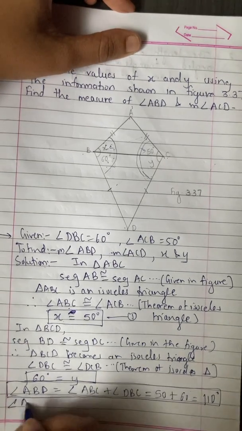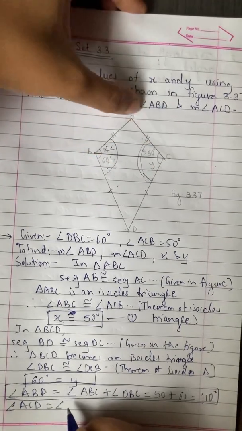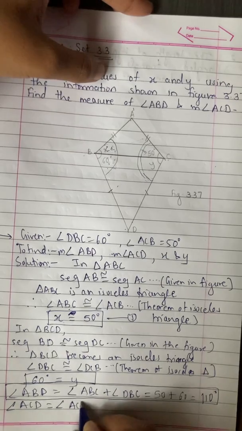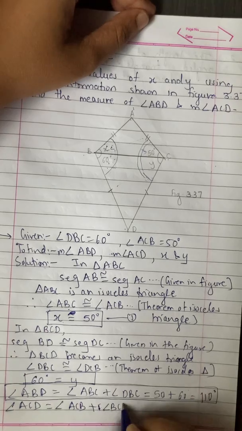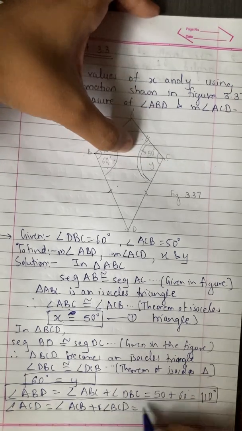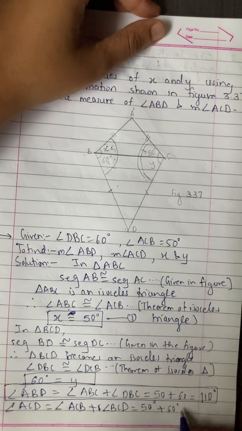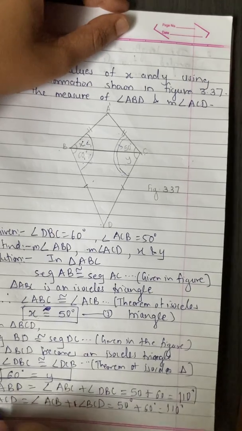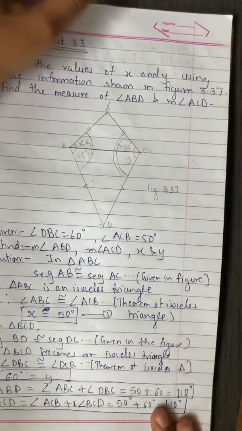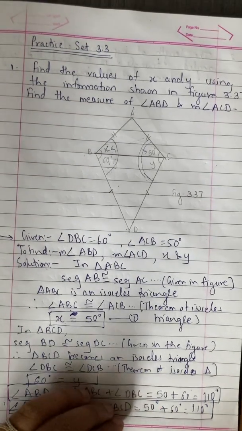Now find out ACD. Now ACD is a combination of these two angles. So write down ACB plus BCD. Now what is ACB? It is 50 degree. And what is BCD? It is 60 degree. So we get again 110. So these two are the values which we have to find. So we get the answer, and it was very easy also. Now moving towards the next sum.